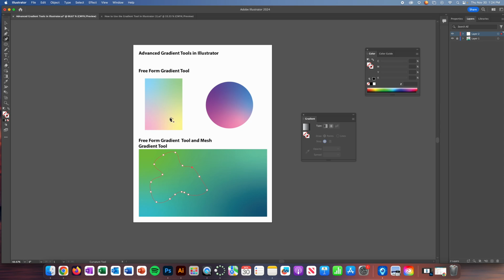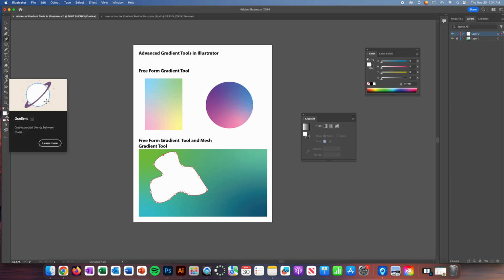All right, and I'm gonna add a white fill because that doesn't matter. I'm gonna end up using my gradient. Now, we're not using the regular gradient for this one. We're gonna use what's called the mesh tool. Now, the mesh tool, I believe, should be automatically added to your defaulted essential artboard,